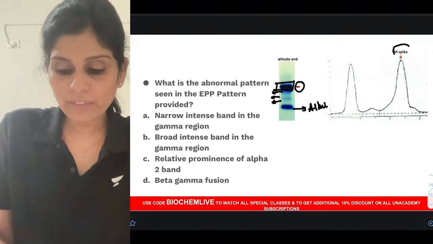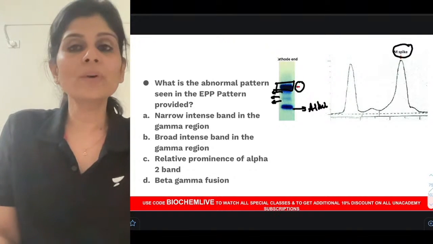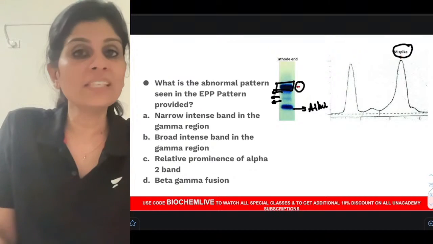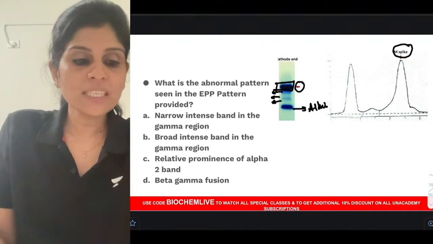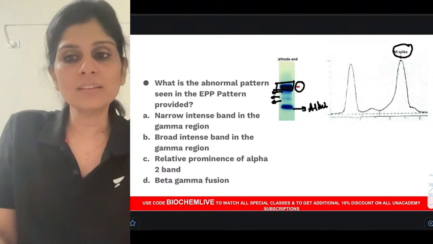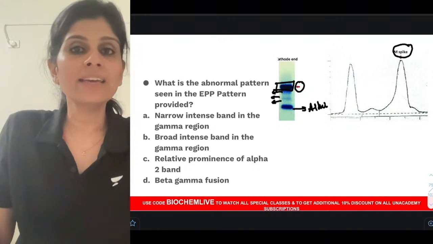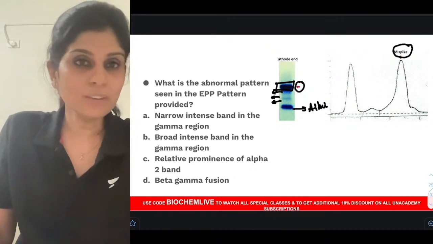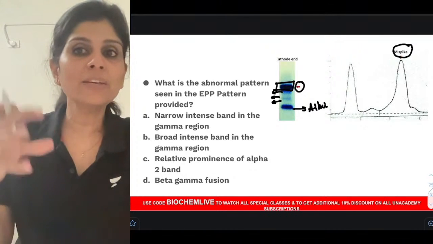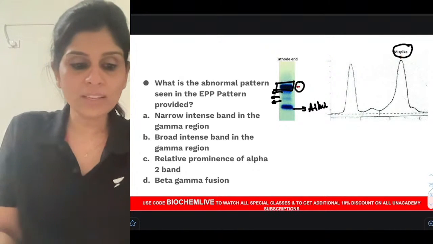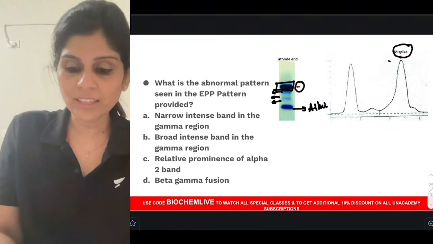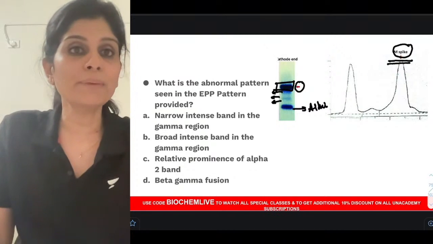So they have also given you a clue in the image. That is why I'm always in support of image-based questions. Whenever you see an image-based question, do not shy away from the question. Don't think it involves higher conceptual understanding. No, just look at the image, try to get clues from the image. So what is it that they have written here? They themselves have given you the answer, M spike.